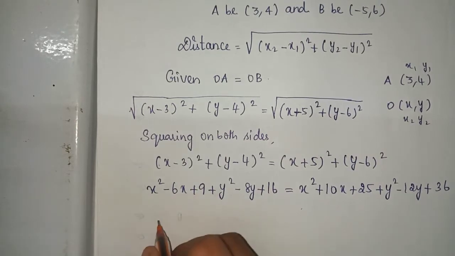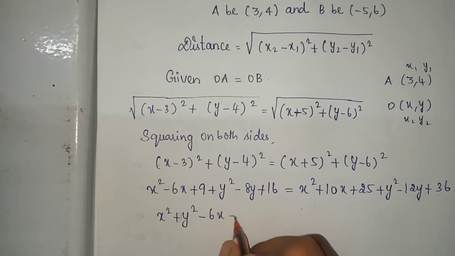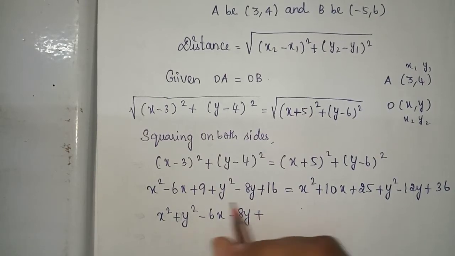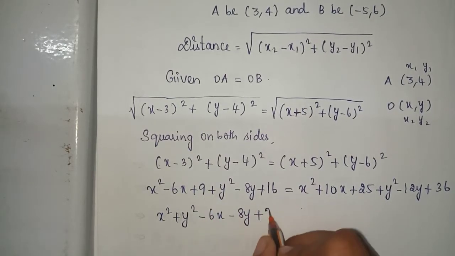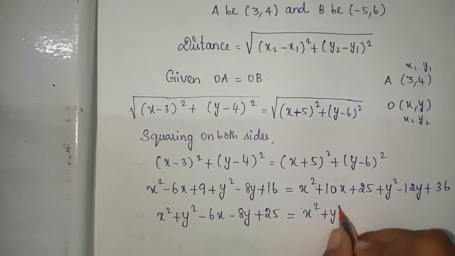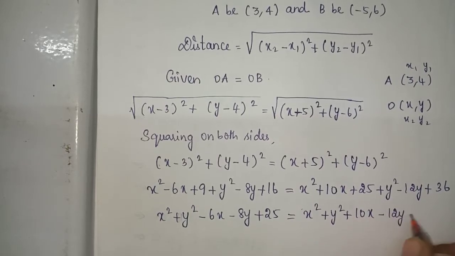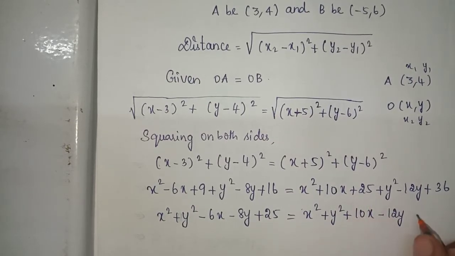So the next step is x square plus y square minus 6x minus 8y plus 9 plus 16 is 25, which is equal to, here also, x square plus y square plus 10x minus 12y plus 25 plus 36 is